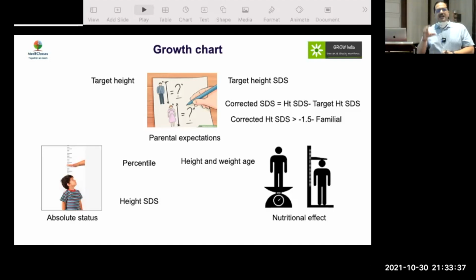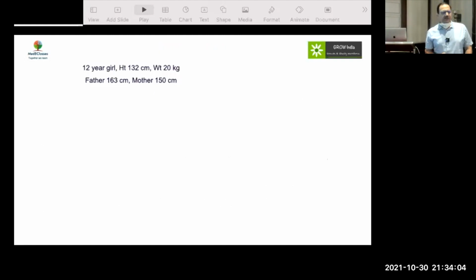So this child is 10 years old, but he is equivalent to a 6-year-old. His height age is 6 years. If you have a nutritional cause like malnutrition, malabsorption, or celiac disease, the weight will be predominantly affected and height will be secondarily affected, so your weight age will be much less. If it is an endocrine cause, the height age will be more affected. And what we have identified is that BMI standard deviation score is the best marker of nutritional status, and we'll discuss that.